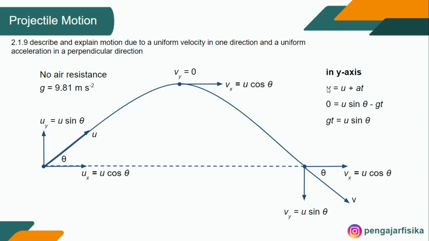We may use this one, v equals u plus at. Remember, we only analyze in the y-axis, so v will be 0 here. We only analyze from the starting point to the highest point. And then u will be u sine theta from here. Okay, and then minus g. Why is it minus? Because once again, from this to this, the object is moving upward, meanwhile the g is